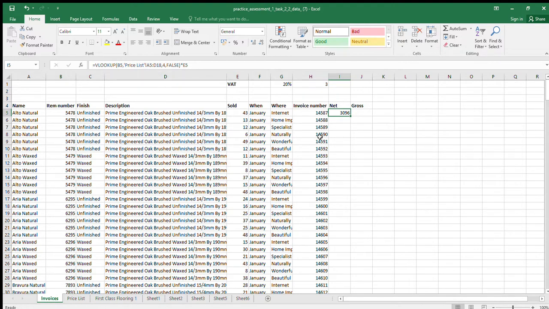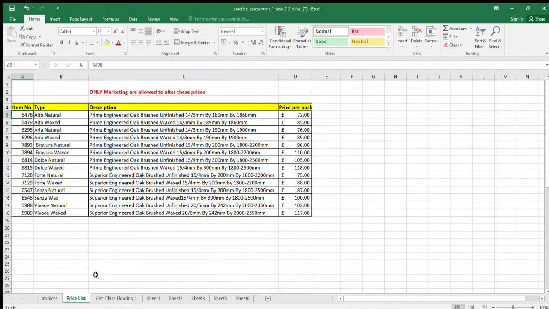Now, what you'll see, if I drag this down now for the other equations, is it's not liking that at all. What's happened is it's gone A5 and D18 there. But when we dragged it down one, instead of pointing at B5 in this row, we wanted to point at B6. So we wanted it to drag down. It's done that nicely for us, this movement down here. But it's also moved the table. And that A6 to D19